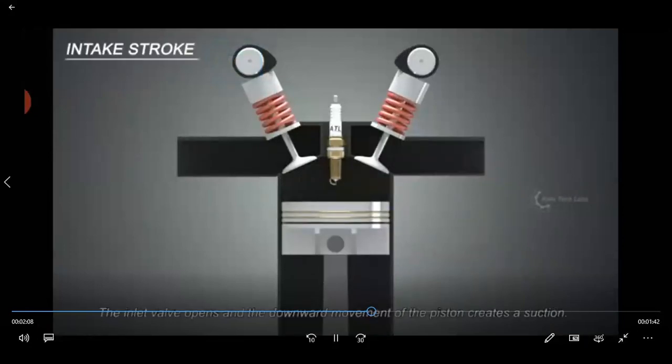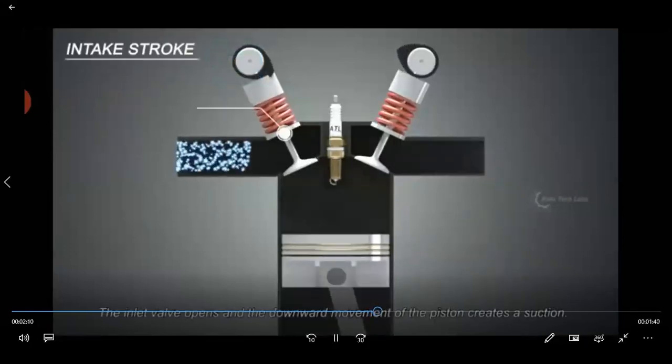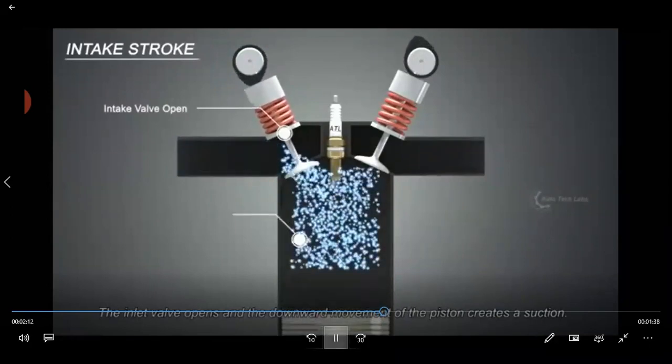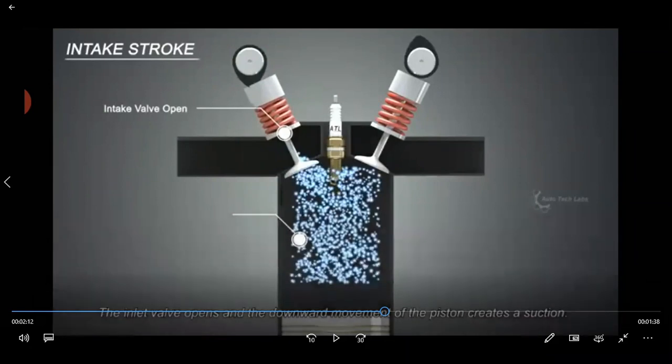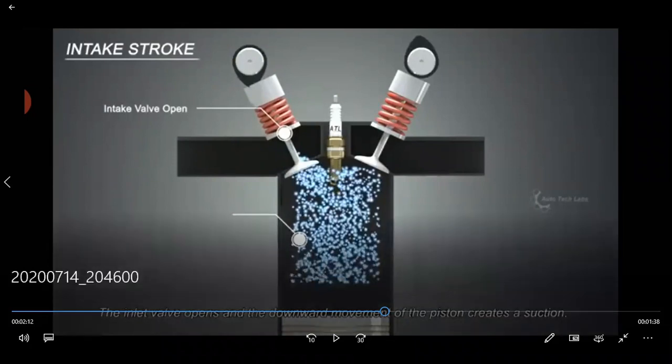These are the cams. This black color are the cams. See the piston is moving down here. Piston is moving down and it is sucking the air fuel mixture inside the combustion chamber. What is happening here? The combustion chamber is having less pressure, and from the passage from where the air fuel mixture was coming, it was having more pressure. There was vacuum created inside the combustion chamber because of the piston moving down.